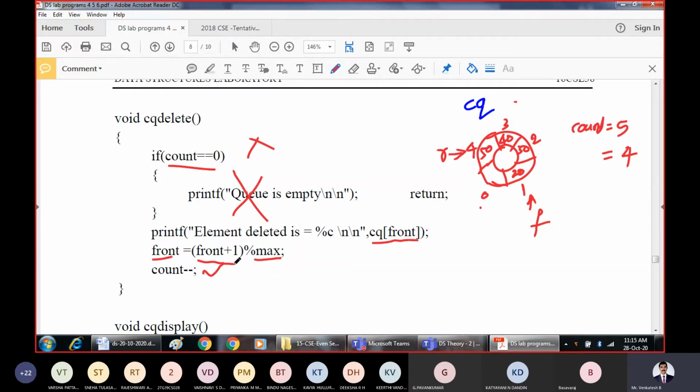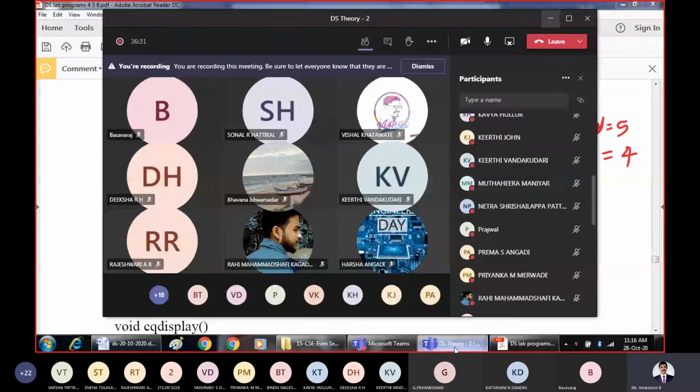Then later increment the value of front. So for completeness, I will delete this 20 for our understanding purpose. That 20 has been successfully deleted from the circular queue.